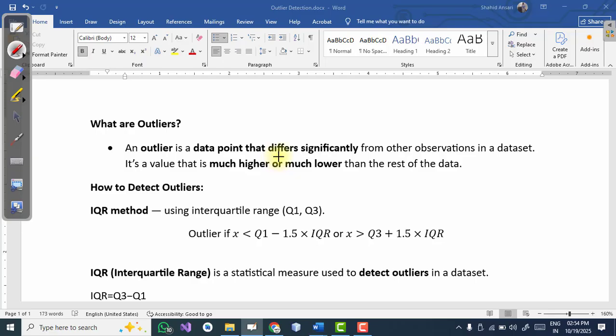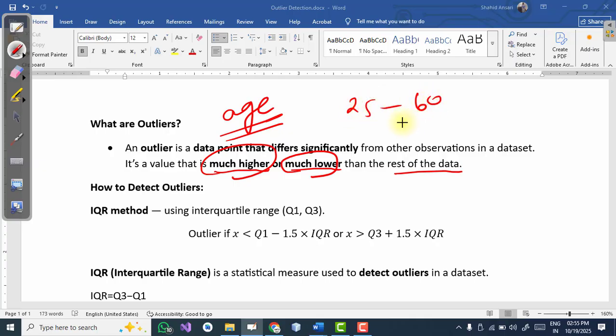जो outliers हैं, they are the different values in the dataset. Its value is much higher or much lower. Either the value of the outlier is much higher or much lower than the rest of the dataset. Suppose we take an example of age. Suppose we have a column in the dataset, age. Most of the customer ages lie between 25 to 60,